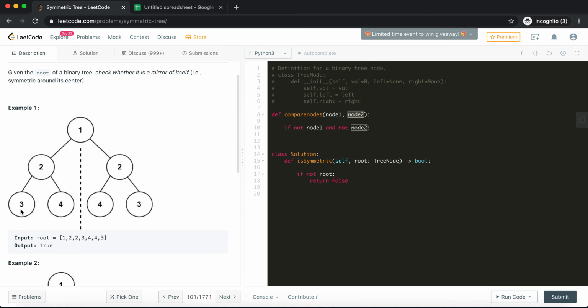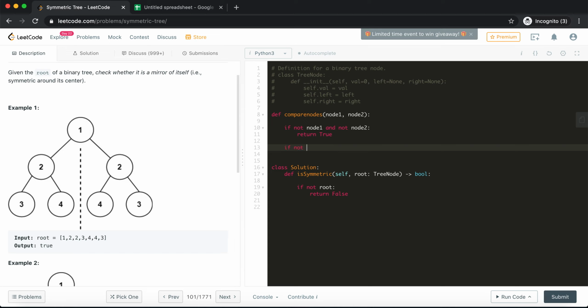For example, if we reach here and pass its children for comparison, and here we pass its children for comparison, there is no node there. If we get both the nodes as none, they are symmetrical because there is no anomaly here. So in that case, we just return true, as we have found a symmetric situation.